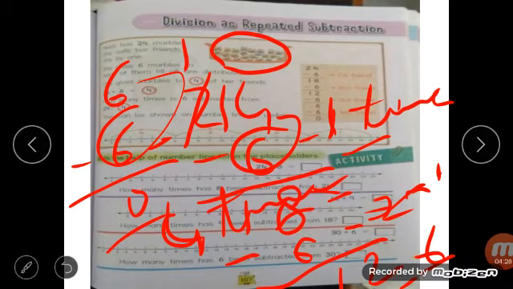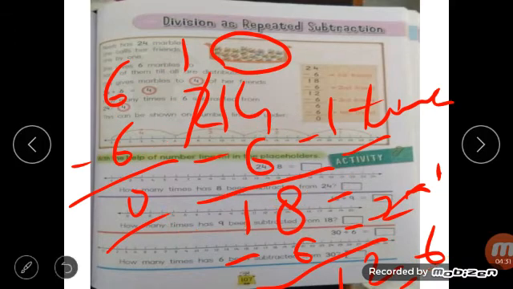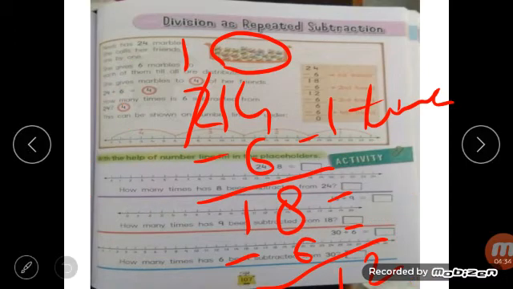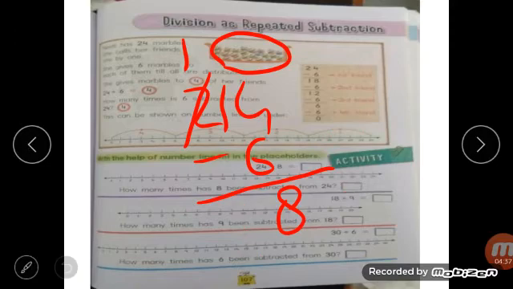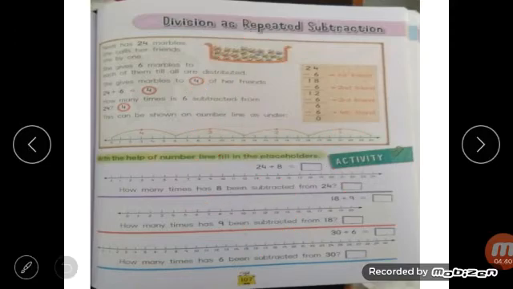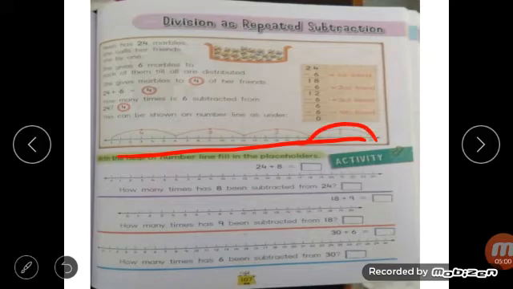This can be shown on the number line. Now we will do this on the number line. Is it clear, children? Now how to do this on the number line? Here the number line is shown, no? In this example, this is the number line. Our number line usually starts from 0, but this is division, subtraction, so you have to start from 24. Then how many steps do you have to move? 6 steps. 1, 2, 3, 4, 5, 6.